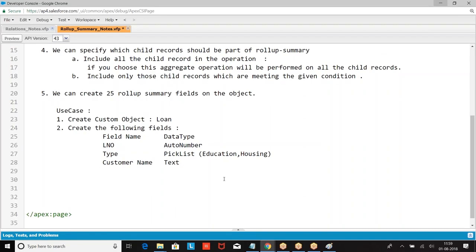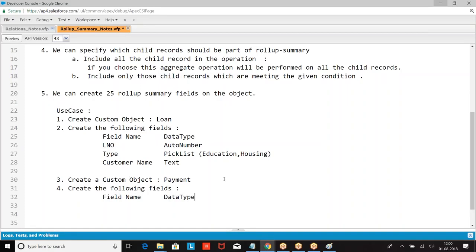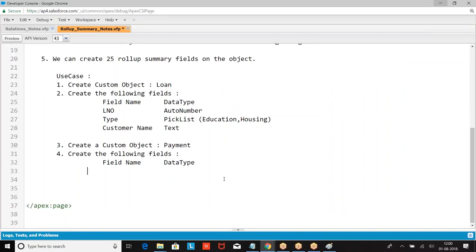Then we had the next object. Create the following fields. So I have got fields here.